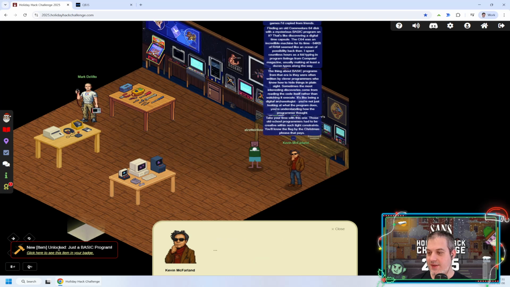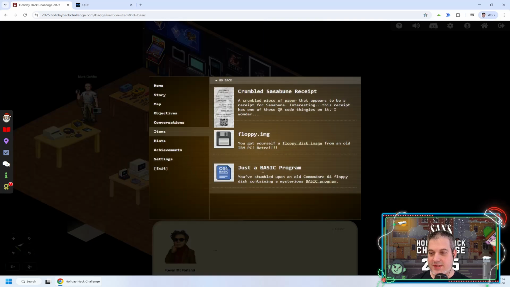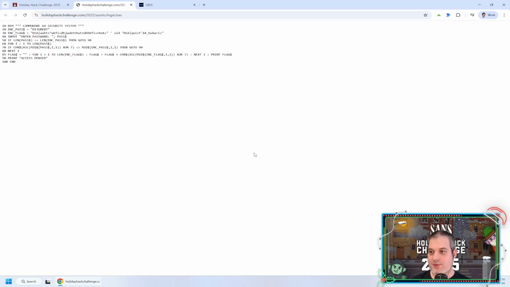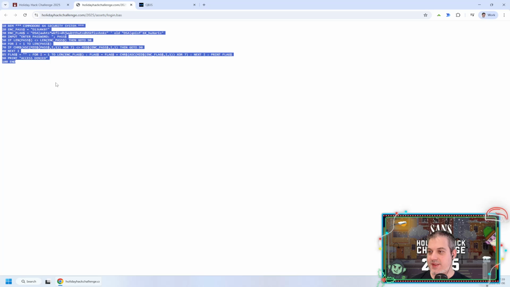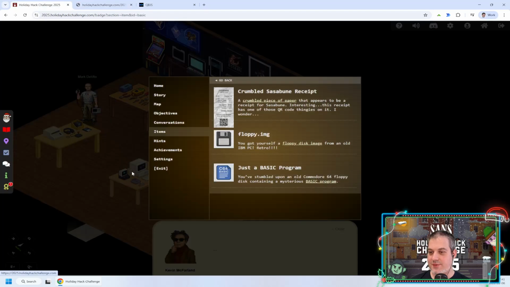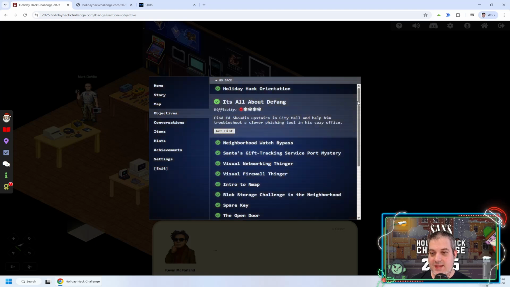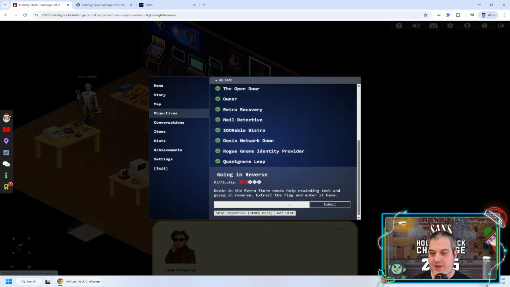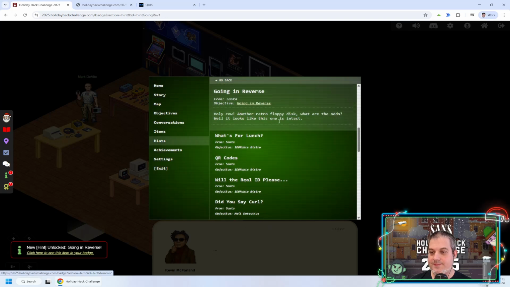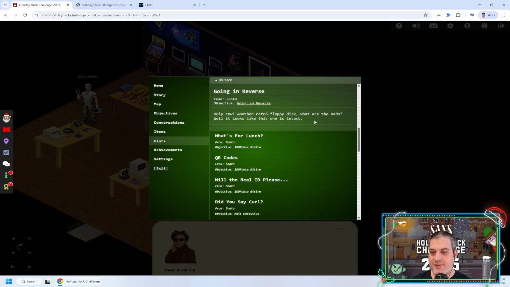So we get an item, which is going to be this basic program, and we will take this program and do various things with it. The hints for this challenge include talking about the fact that this is another floppy disk, but this one has just data on it. So basically, it's not really another disk. We just get the BAS extension file,